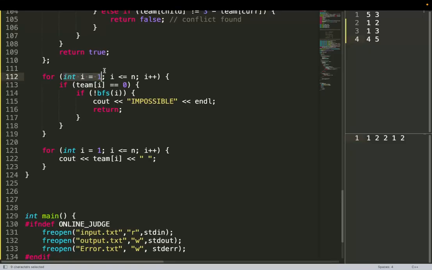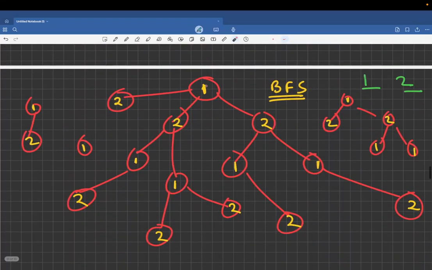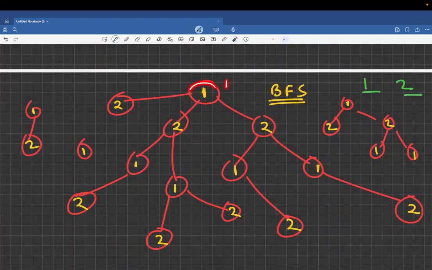Now we go to each and every node, and if the team for that particular node is not assigned, then from that node, for example, let's suppose this node was 1 and its team was not assigned earlier, I will start my traversal from here.